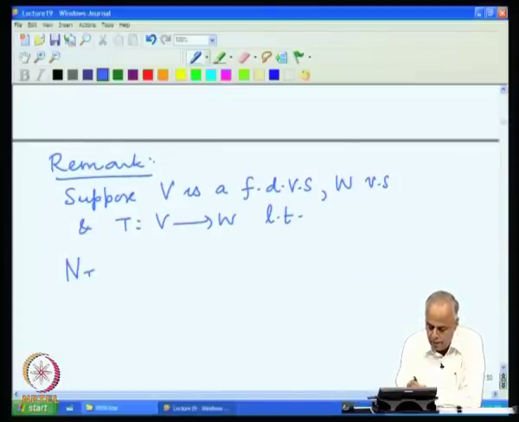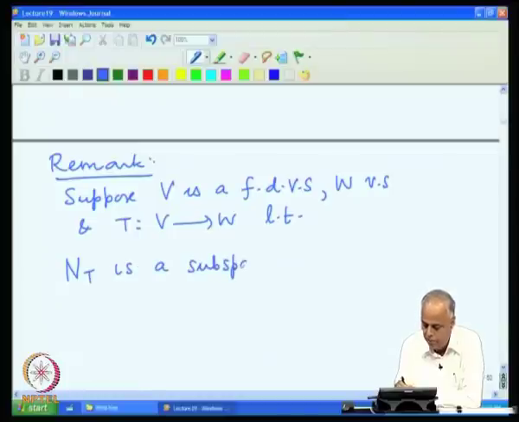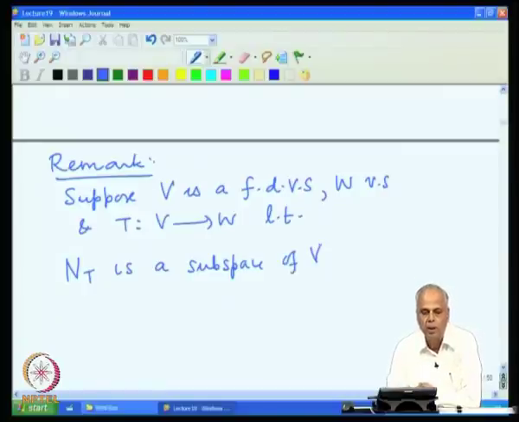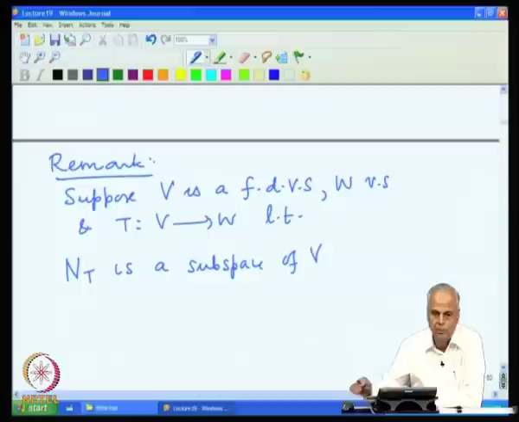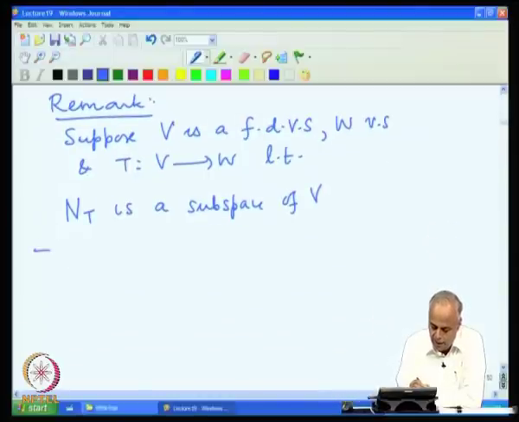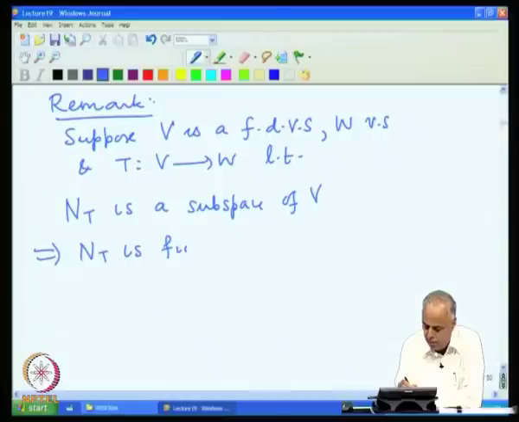Now, NT is a subspace of V, and V is a finite dimensional space. So, we observed that any subspace of a finite dimensional vector space must be finite dimensional, and its dimension should be less than or equal to the dimension of the full space, and hence we get NT is finite dimensional